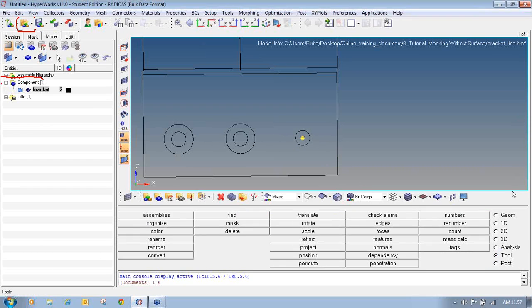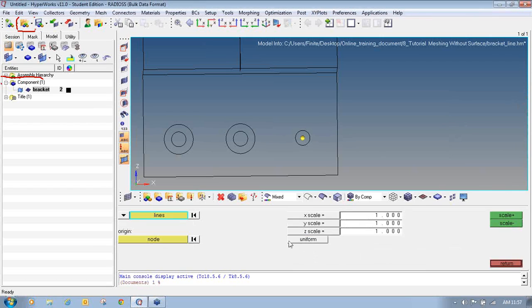Again I will go to tools page. In tools page I will select scale. Now I will pick the line, select the node, and on uniform I will select 2 to scale this by a factor of 2, and I will click on scale positive.